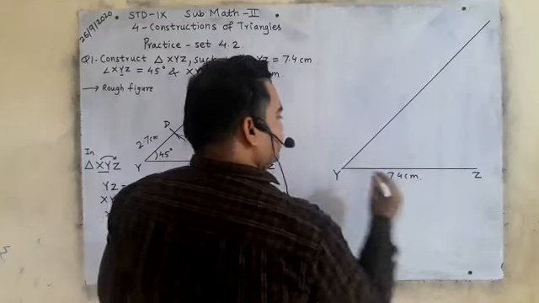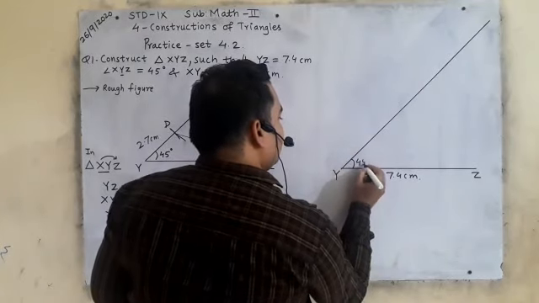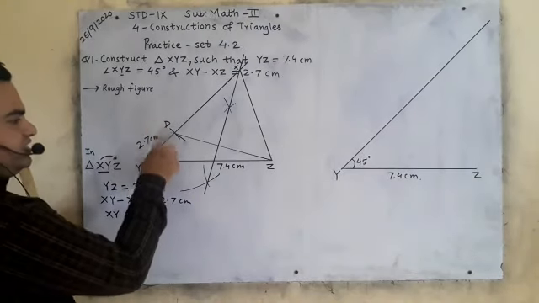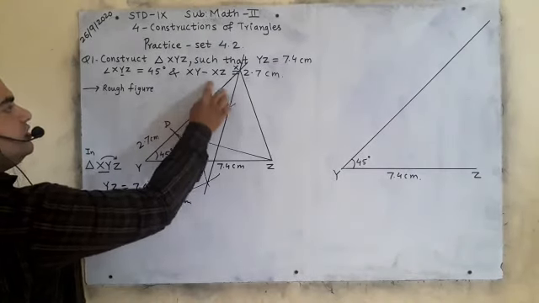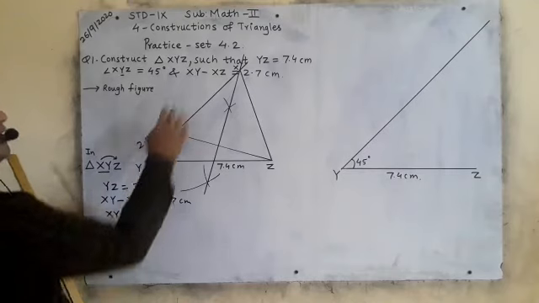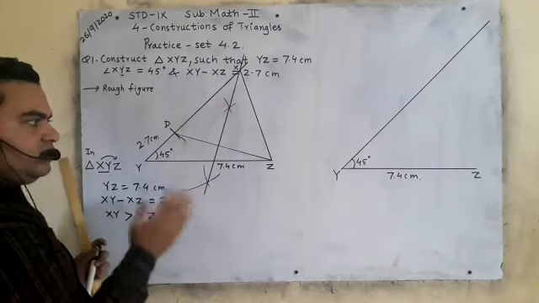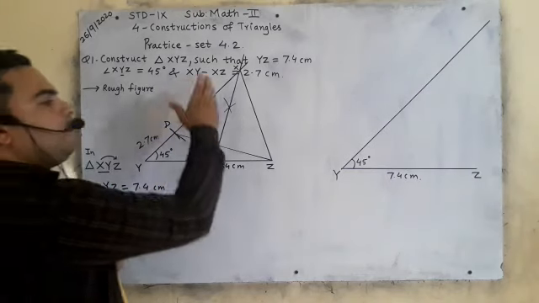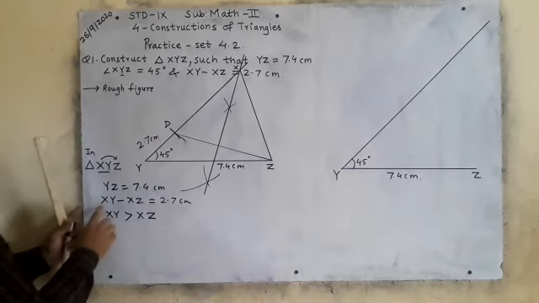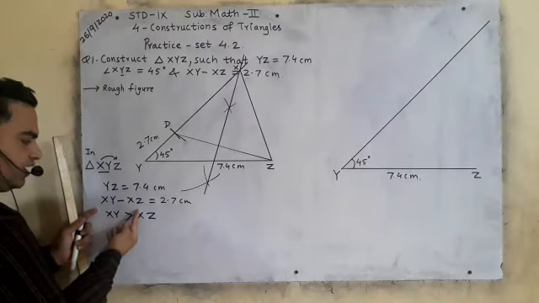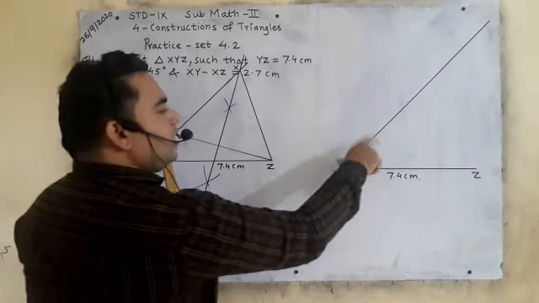First you will draw YZ, then you will take angle Y 45 degree. Okay. Now you have to take point D. How? There is a subtraction. If subtraction is proper, bigger side comes first and smallest side will come later on. Then you have to make arc above. Again I am saying, if bigger side comes first and the smallest side later on, then you have to take arc above.